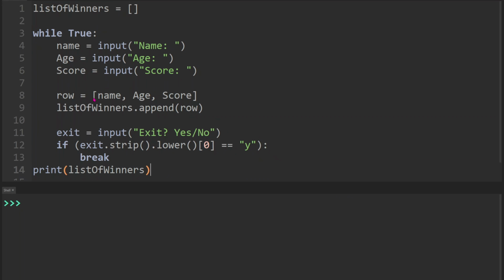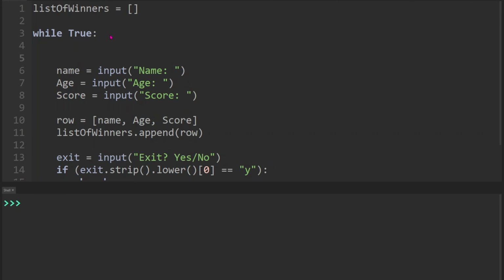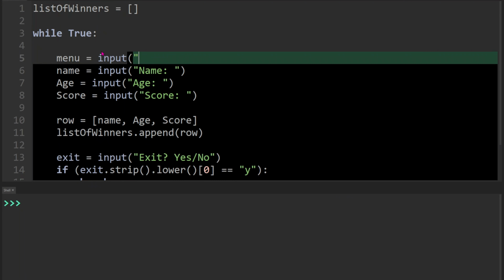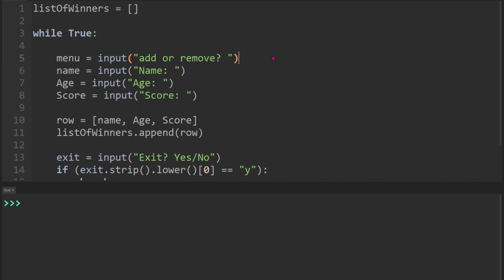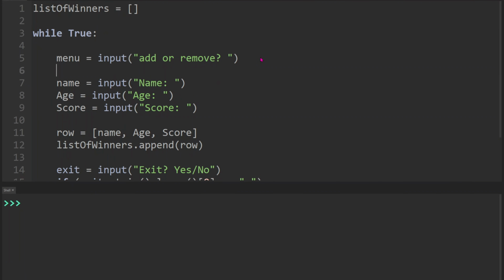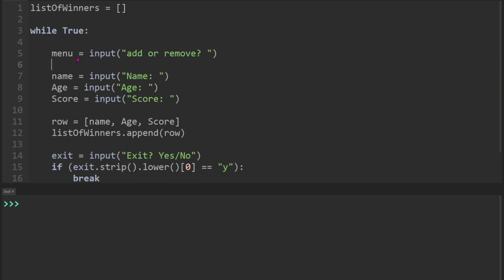So I was talking earlier about this append function here. Let me teach you guys how to append and remove stuff from our 2D lists. So let me go here and let me put menu, because we'll probably be in the menu when we do this, and we'll put input, and we'll put add or remove, and then that will ask us for the menu, and then we'll add an if statement. Let me zoom out real quick. So add this statement,